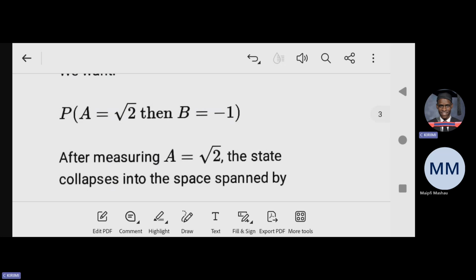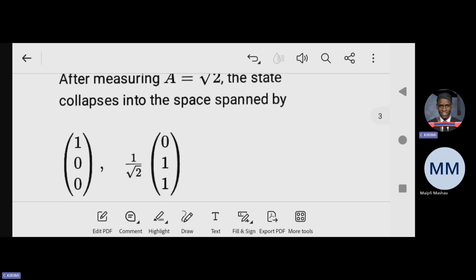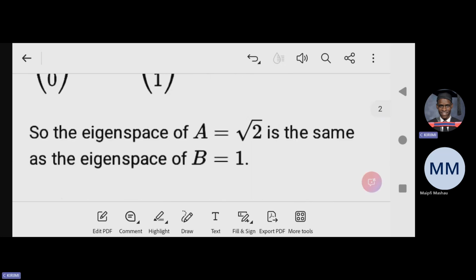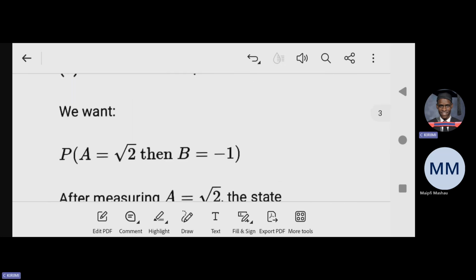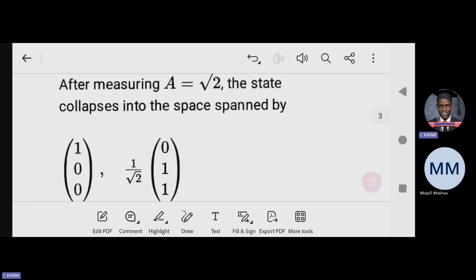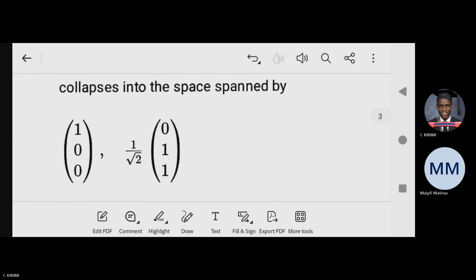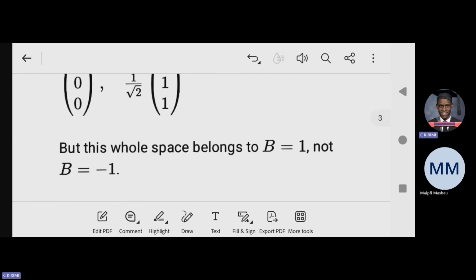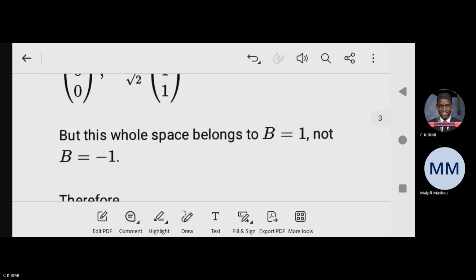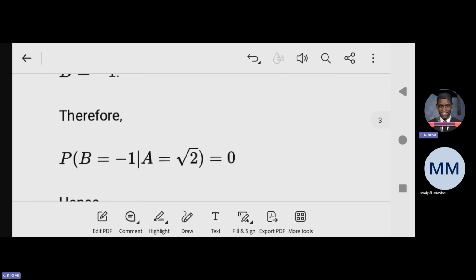After measuring A equals root of 2, the state collapses into the space which has been spanned by those eigenvectors, the eigenvectors for A. Right. But this whole space belongs to B equals 1. Like I indicated, this was equivalent to B equals 1. This space is not for B equals negative 1, it's for B equals 1. So therefore, what do we do? For B equals negative 1,